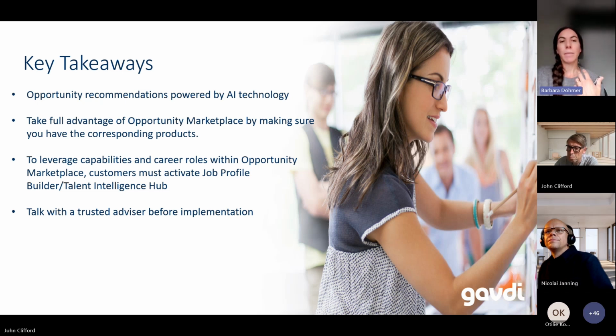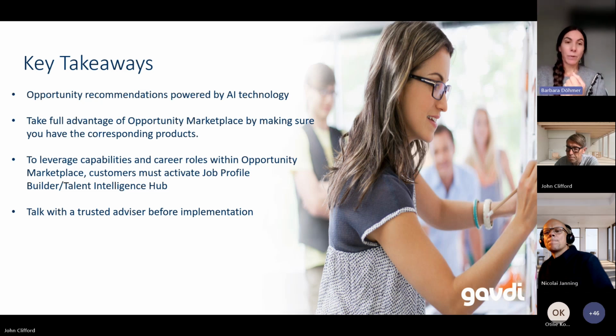So having the corresponding products will help leverage the marketplace a lot more, and it will help individuals take advantage of the solution.